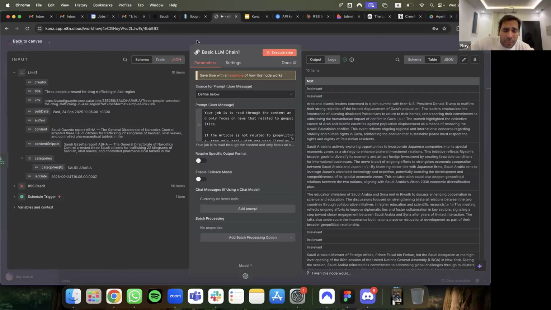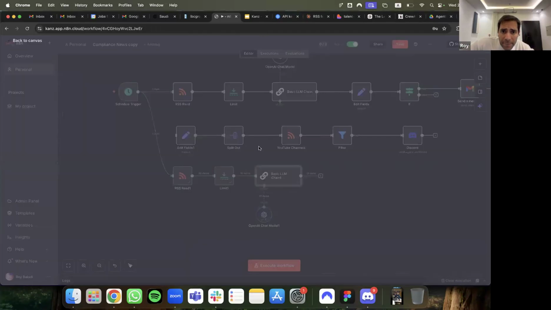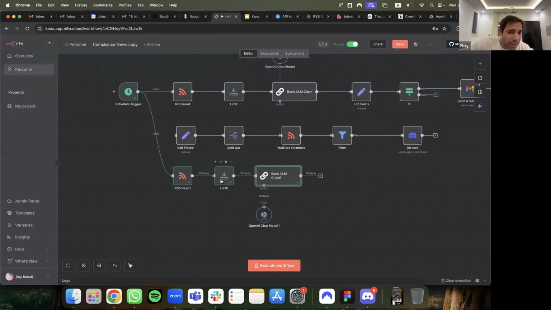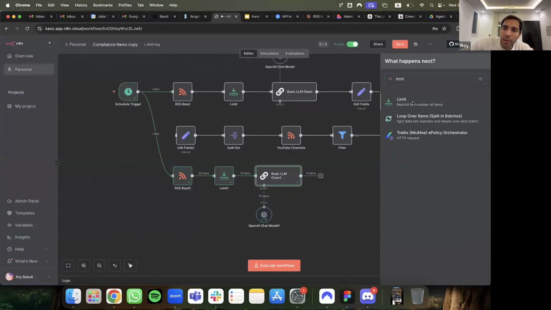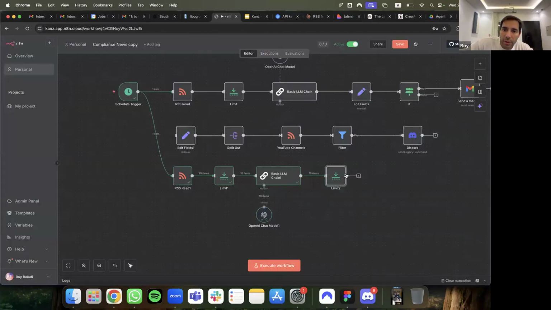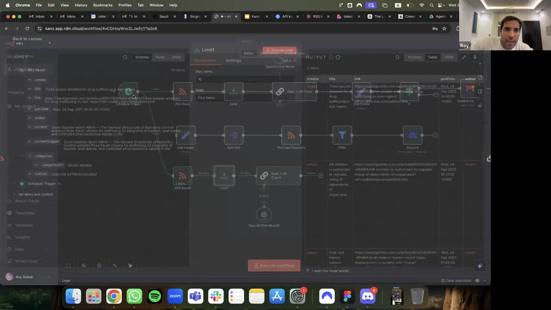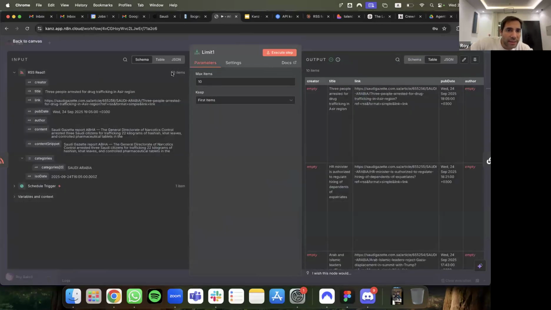The limit is actually not important, Edwin, but it is here. I still put it here so that I don't have to run 50 LLM calls. So I just hit plus, typed limit, and added it. I did it here on the left, and connected this to that and that to this. The only thing that limit has done is take the 50 items that you had here. I said max 10, and I hit execute, so it just showed me 10. If I had put 20, execute steps.